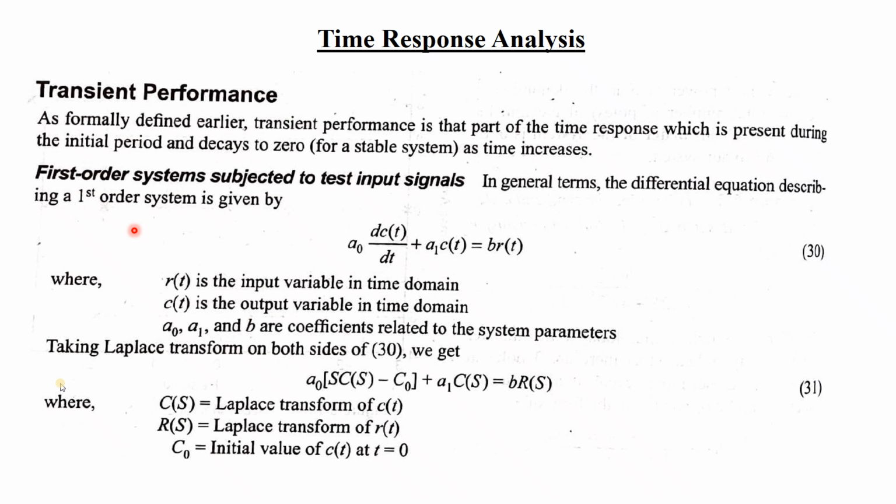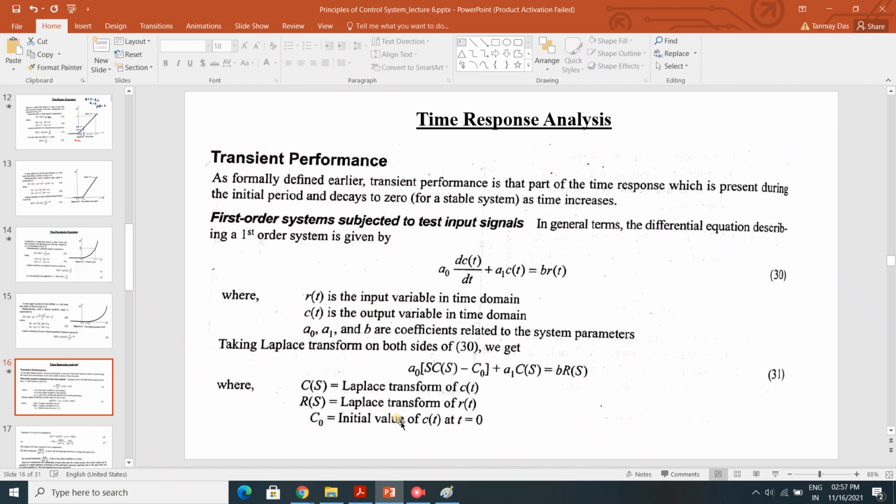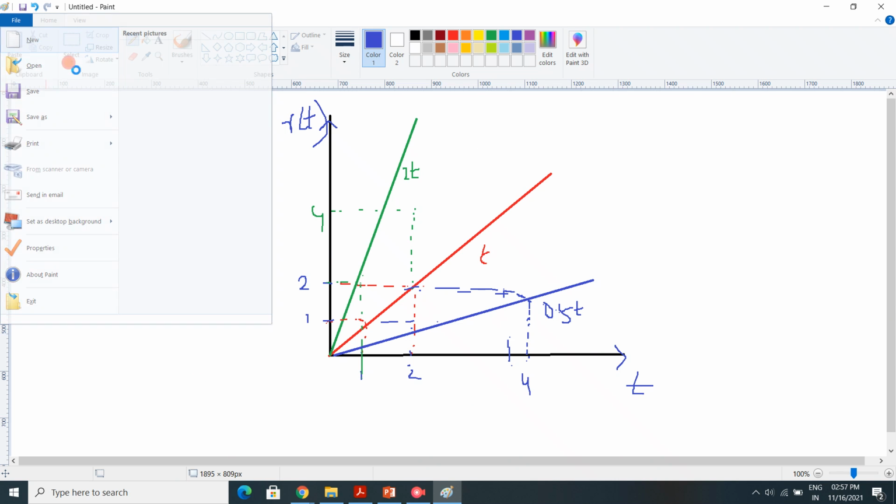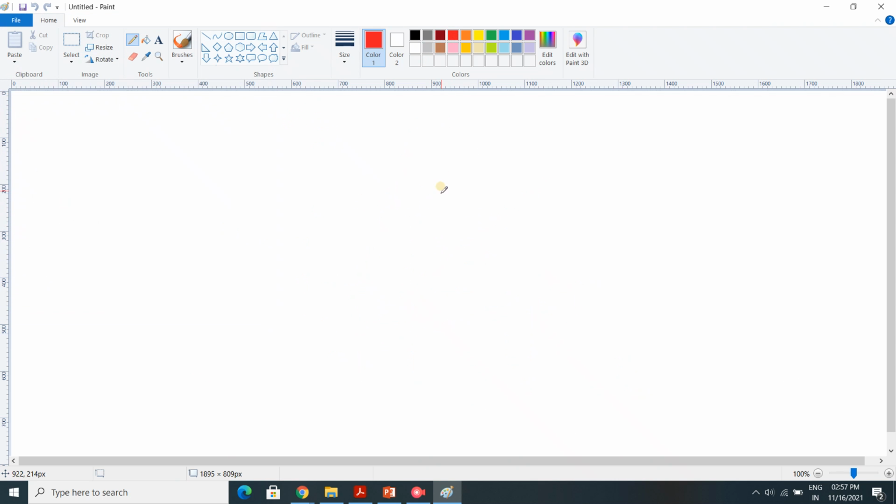So we will talk about the first order system. First we will talk about first order, then we will go for the second order and higher order. What is order? I have already explained in the previous module. I have discussed order and type. If you can remember, first order means we will talk about the transfer function. So suppose we have a transfer function like this, s plus 2 in the numerator, and in the denominator we all know that the exponent is greater. So suppose it is represented like this, 2s plus 5.